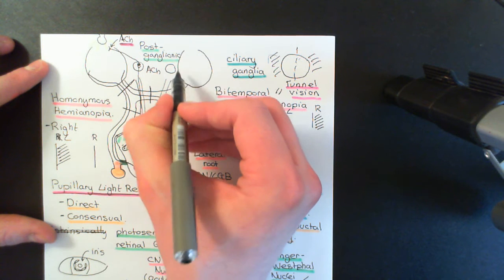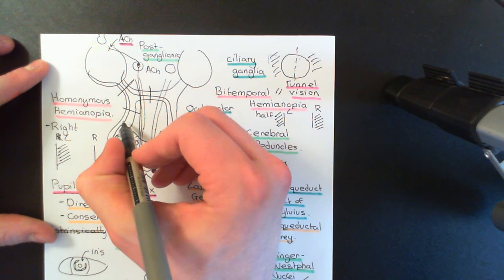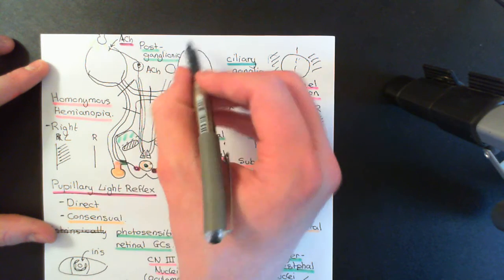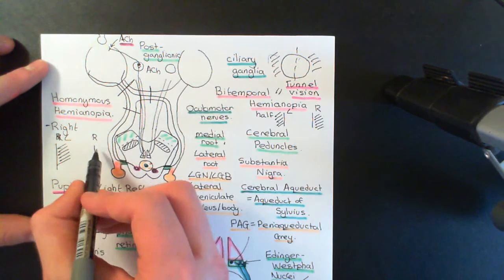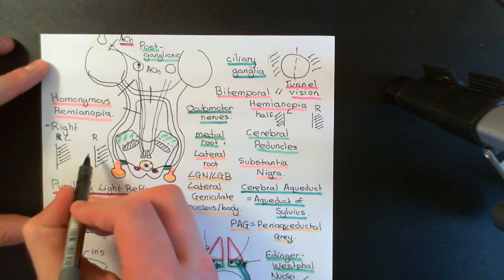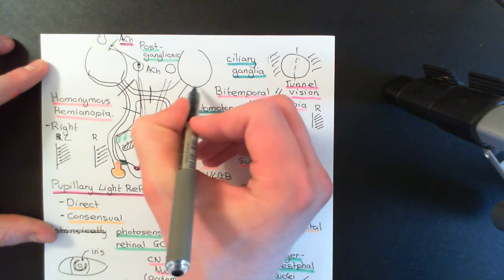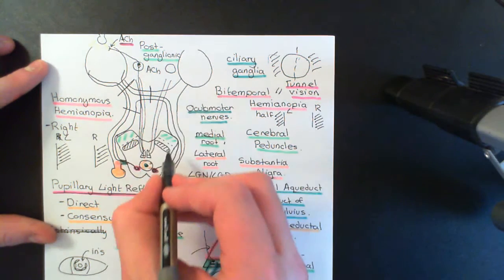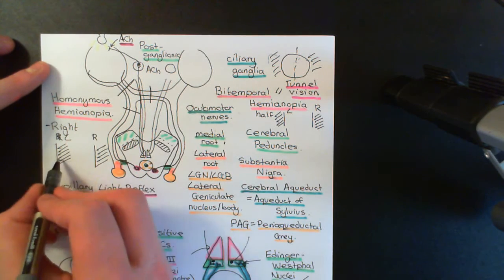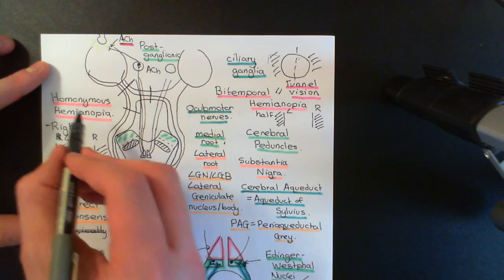The ones for the right nasal hemiretina, because they crossed over and were in the left optic tract here, and they were looking at the right portion of the visual field. Therefore you've lost that. You won't have lost the left portion because they correspond to the right temporal hemiretina, and those fibres haven't crossed, so they haven't been lesioned. So you can see that you've lost the right visual field in both eyes, hence you will call this a